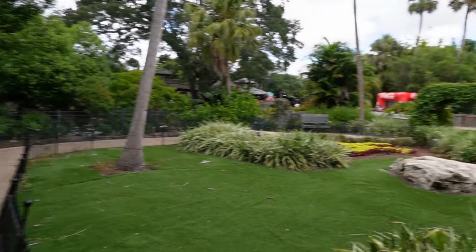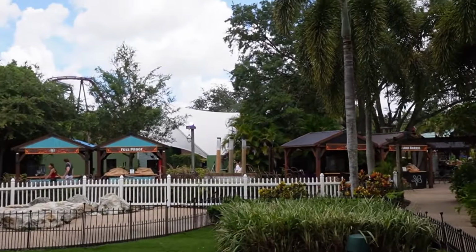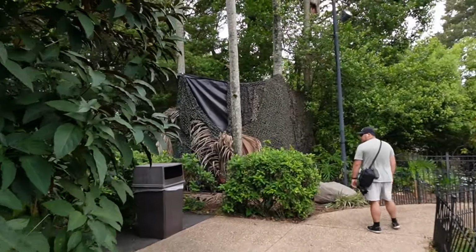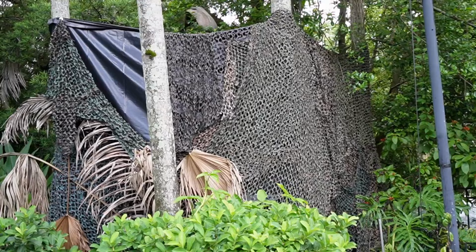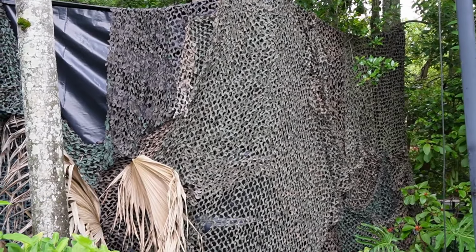Okay, so we are currently in the garden kind of area of the park. It's right across from the Coke Pavilion. And look at what we have here. It looks like it's something to do with the returning house that'll be here, which is Witch of the Woods Rise